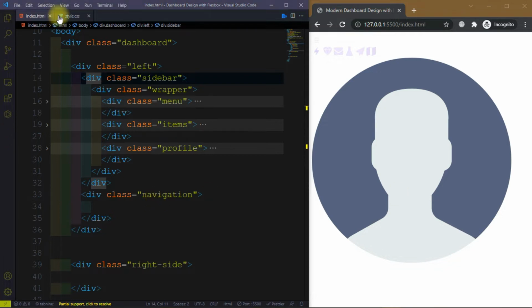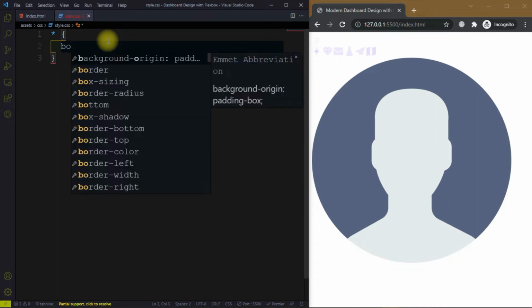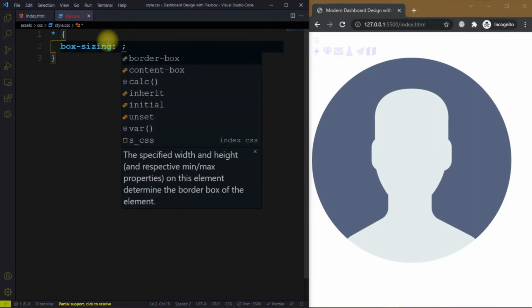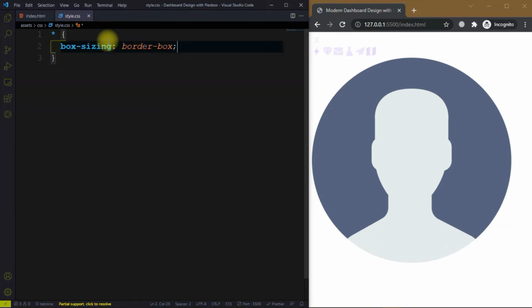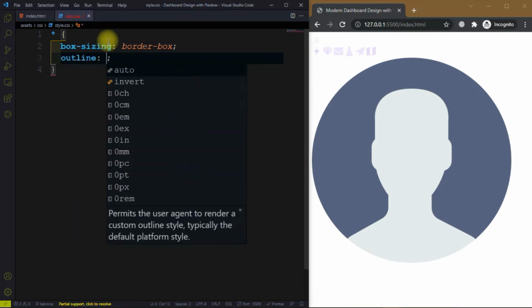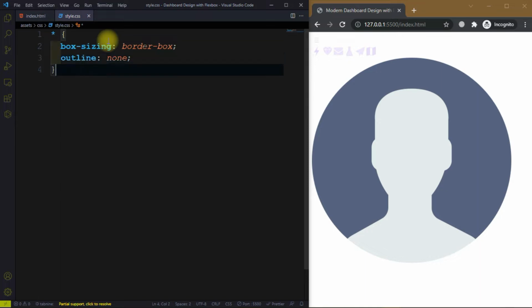Open the style.css, and let me reset here box sizing, border-box, and we have an outline none, and then we will move on to the body,